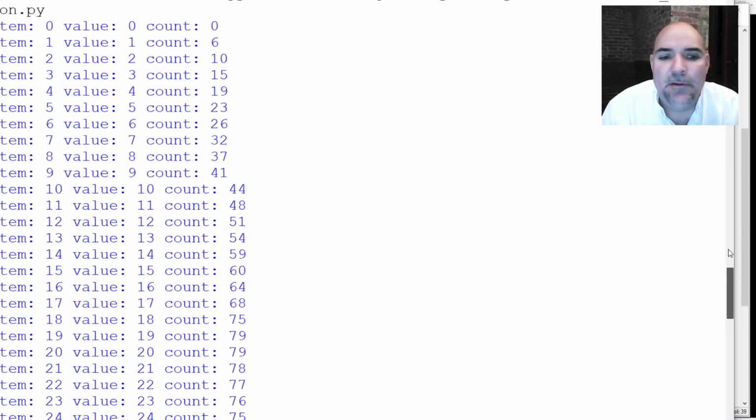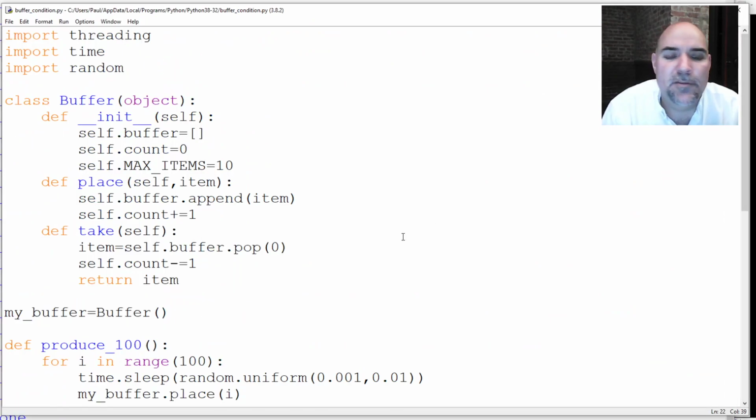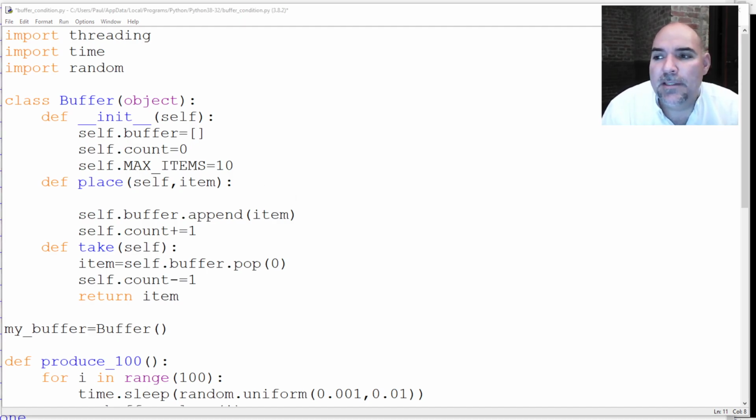Now let's add our bounding for that buffer, and then let's protect those things a little bit. So to bound that buffer, we want to make sure it doesn't ever get more than 10 items in it. So to do that in place, what I want to do here is say, okay, while I'm trying to place something,